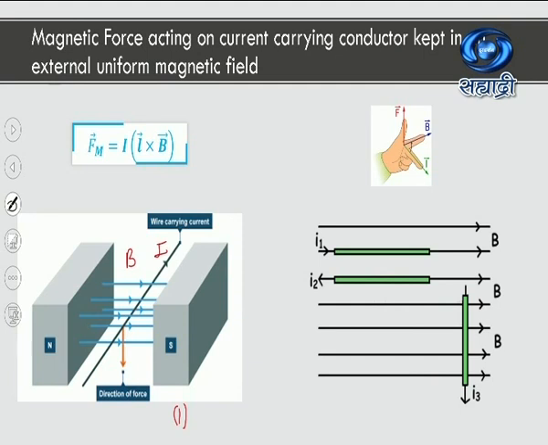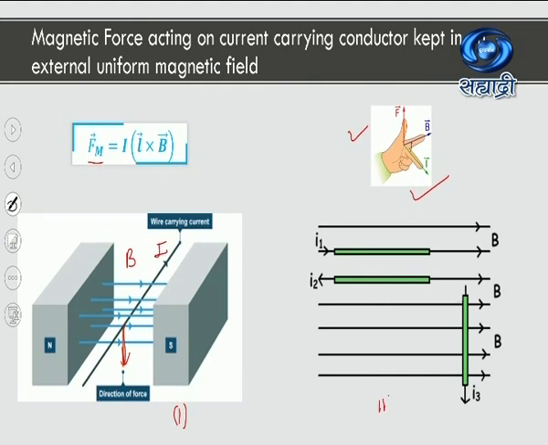So don't you think this should experience magnetic force Fm there? Use your Fleming's left-hand rule. This is your Fleming's left-hand rule directions as far as fingers are concerned. Then you will see that magnetic field is to the right, B is to the right, current is as shown here. Then use your left-hand rule. See here, you can say that the force comes out to be in the downward direction. Please, one has to understand this very correctly.